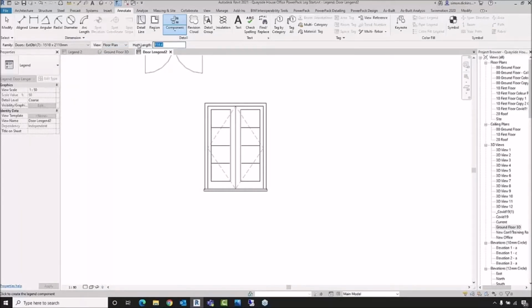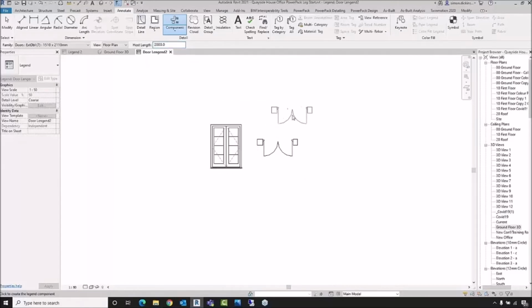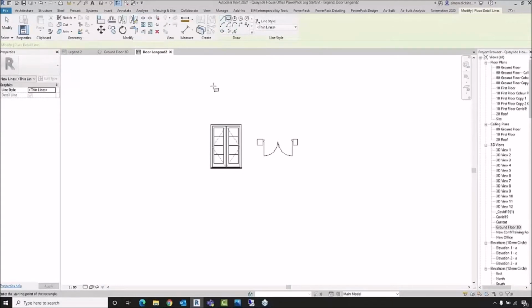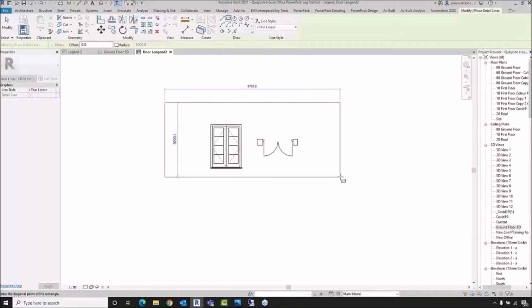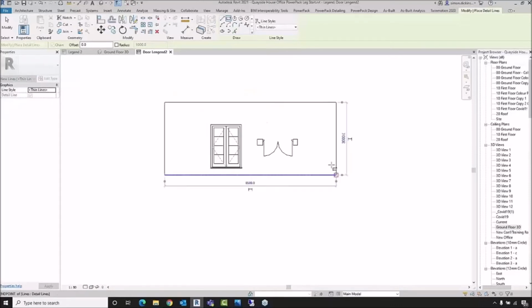I've just changed the host length, say to 2 meters, and there we go. Okay, let's just build the frame around there. So very quickly, I'm going to cheat. Let's just start to build our legend up. So I want a column here, I want another column there, and one here,